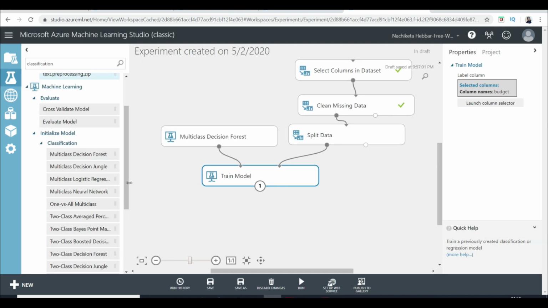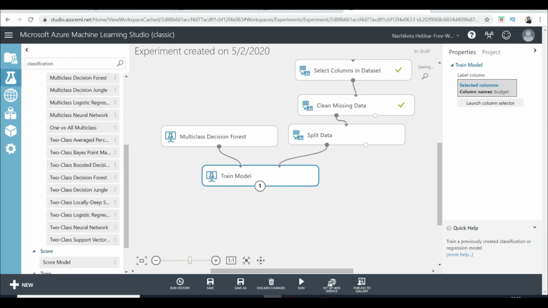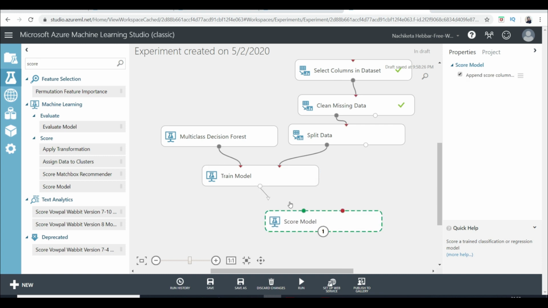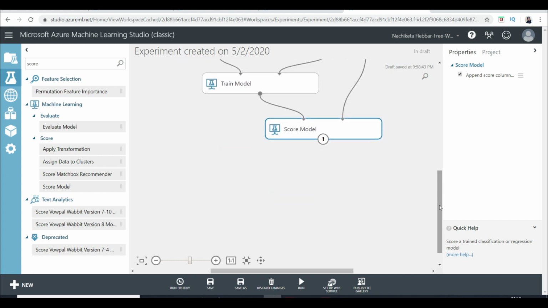Now after training a model, you want to check how good it is, right? You want to check the accuracy. So you can simply search for score, right? Scoring your model, and drag that option over here. The input for that is going to be, of course, your trained model. It's going to use the trained model and make predictions on the testing set, not the training set, right? So in the split data option, we had two outputs, right? One was the data set 1, which is the training section. The other was the testing section. So we connect that over here, right? And once you run that, you'll be able to see the accuracy.